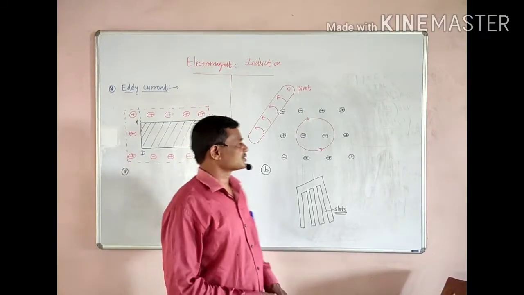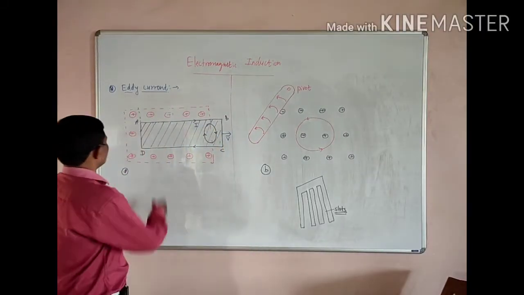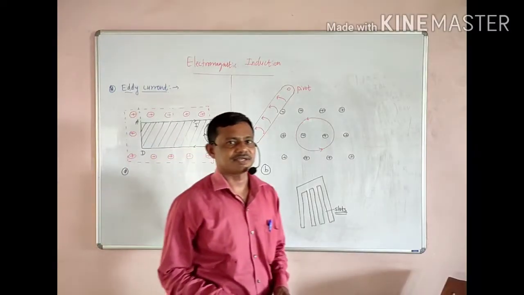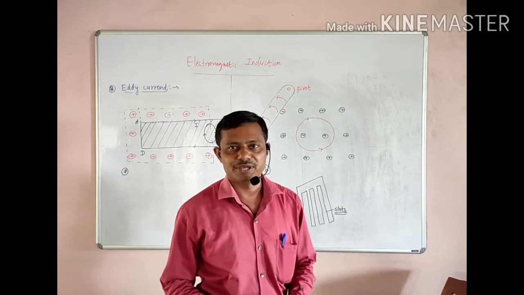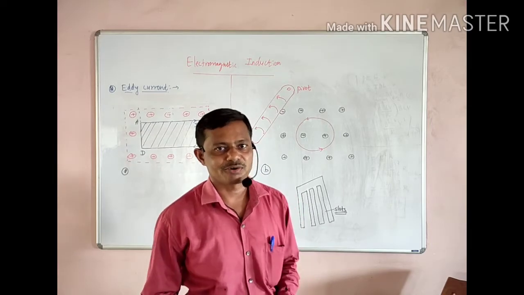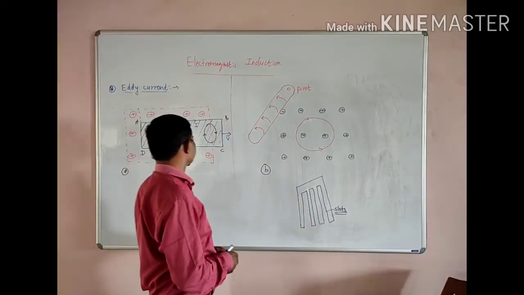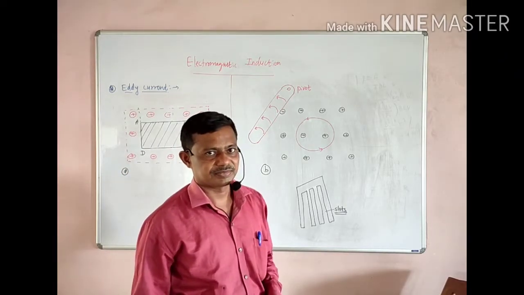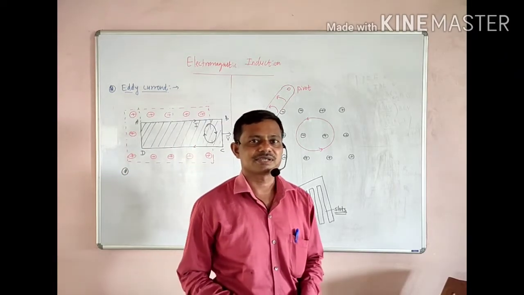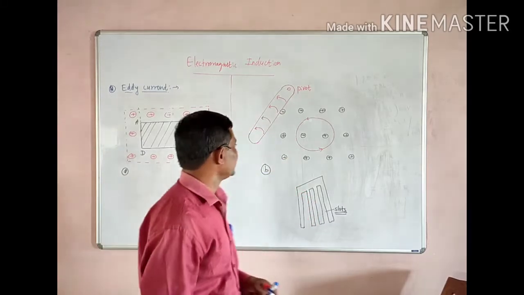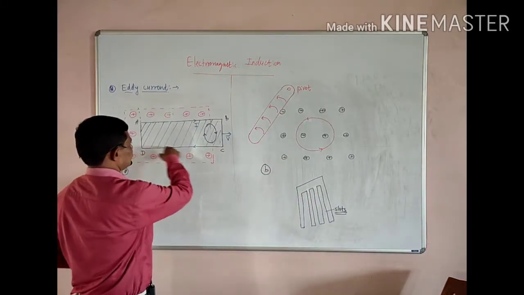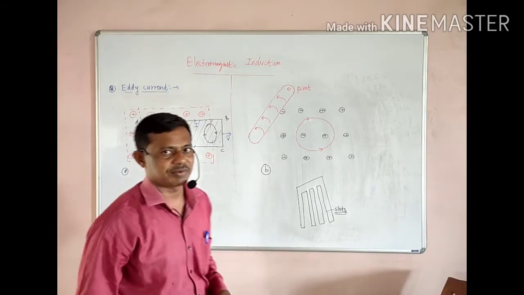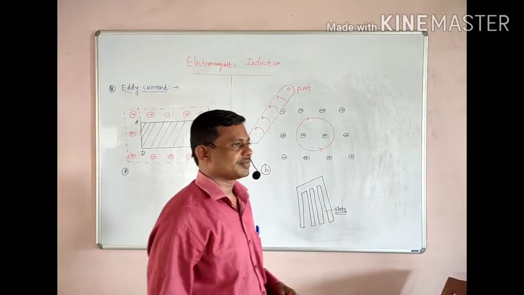We are going to discuss eddy currents. We know that in the previous article we learned that when a rectangular loop ABCD is placed in a uniform magnetic field of induction B bar, current is induced inside it. But instead of this rectangular loop, if we place a conducting plate which is moving inside this uniform magnetic field of induction B bar, then what will happen?